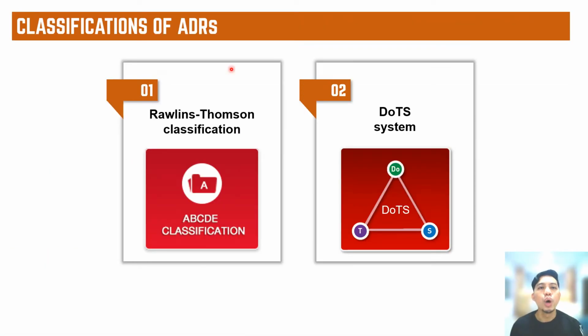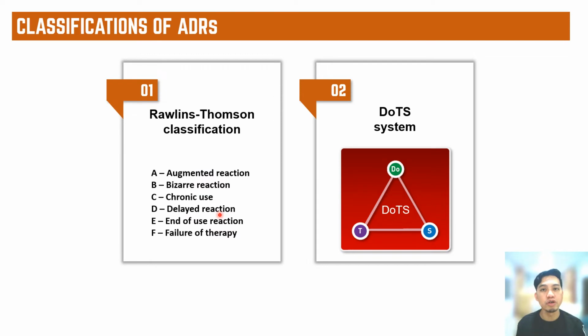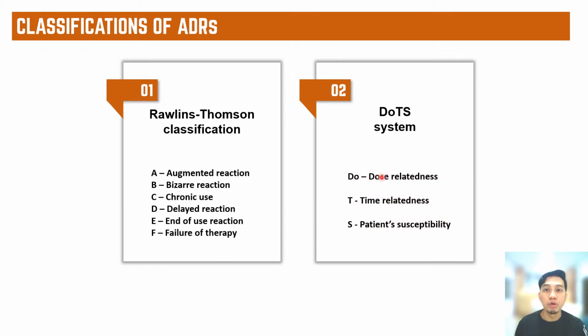In the first video, we discussed the Rawlins-Thompson classification. In general, this classification is based on properties of the drugs and the reactions, which are further classified as type A, type B, type C until type F. In contrast, the DoTS system is based on Do, which refers to dose relatedness, T is time relatedness, and S is patient susceptibility. So this DoTS classification provides a useful template to examine the various factors that both describe the reactions and influence